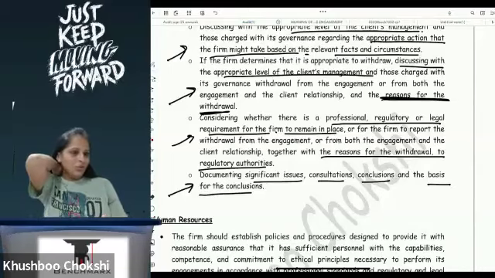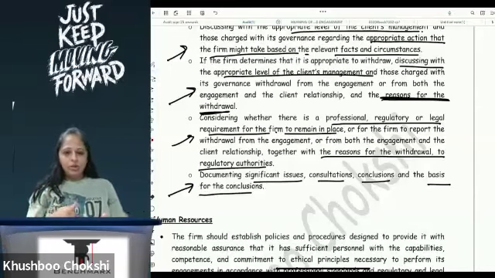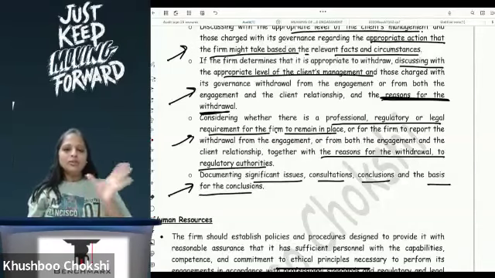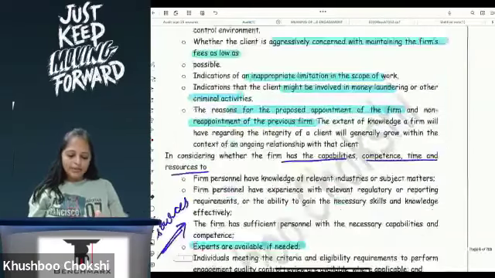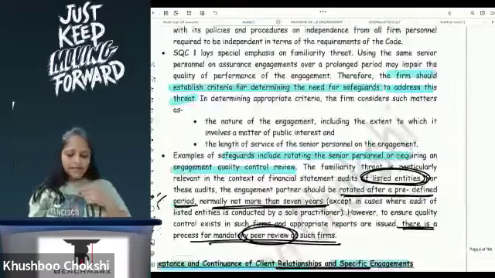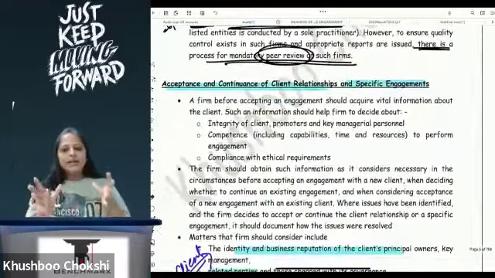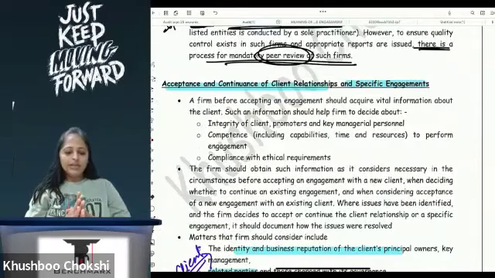Documentation, I think only the Big Fours do. I have not seen small firms document withdrawal, to be very honest, but the Big Fours have proper documentation where they list down why an engagement has been rejected, and the same is also passed on in a form so that other partners don't accept the same assignment. Okay, so this is about your acceptance and continuation of client relationship. It is written in a lot more detail here. We will write it down in short tomorrow.